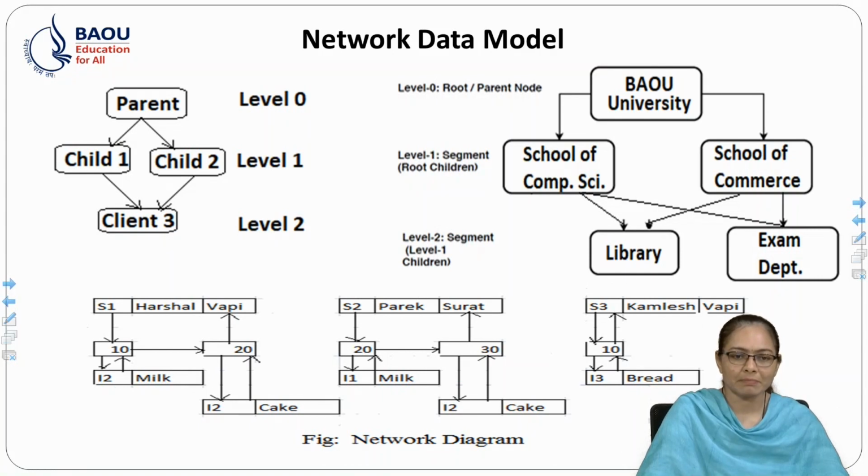Here in the third example, salesman 1, salesman 2 and salesman 3. Each record, the salesman record as well as discount amount records as well as item records, are related on both sides. Salesman is connected with the discount amount and discount amount is related with the salesman. Same as discount amount is related with the item records, and item records are also related with the discount amount.